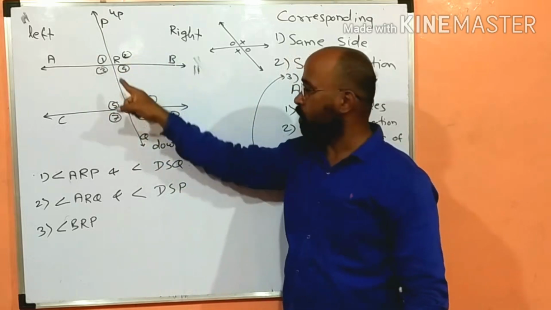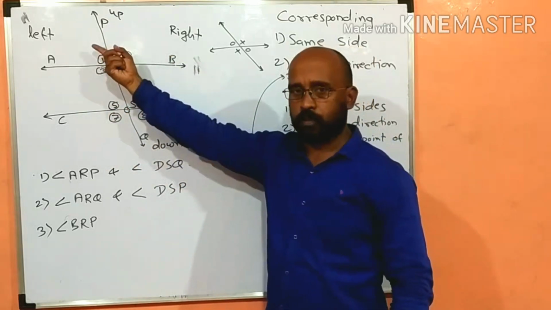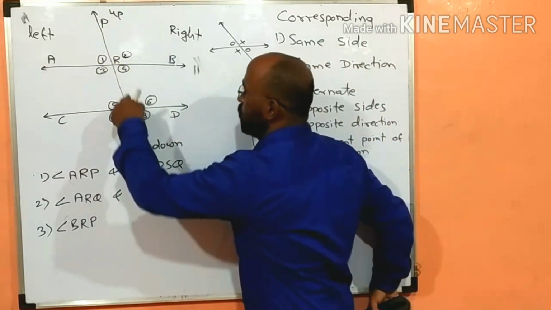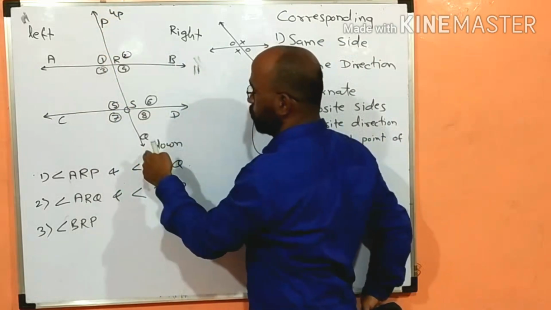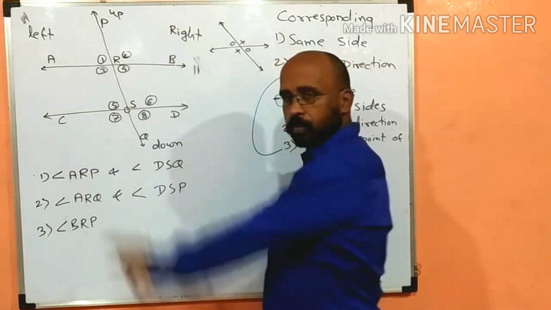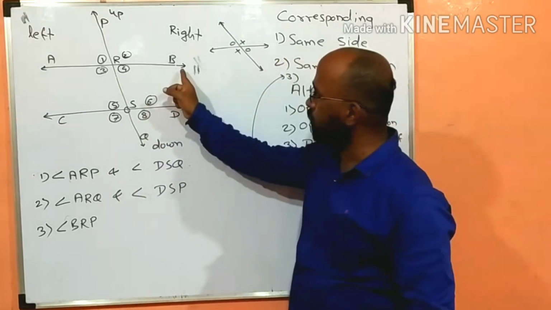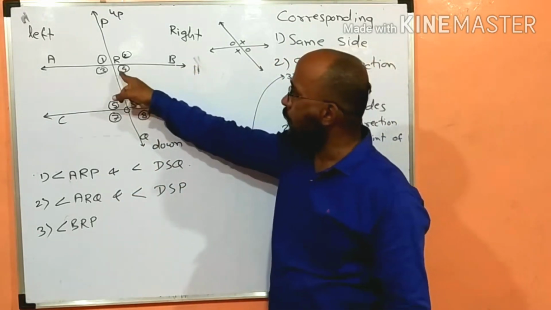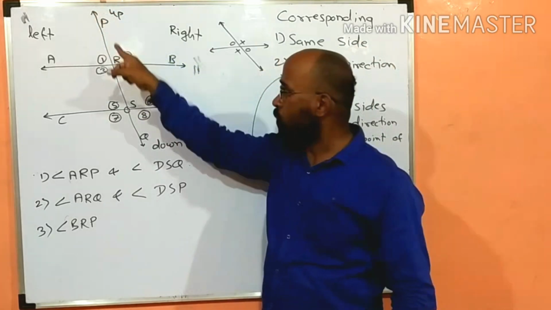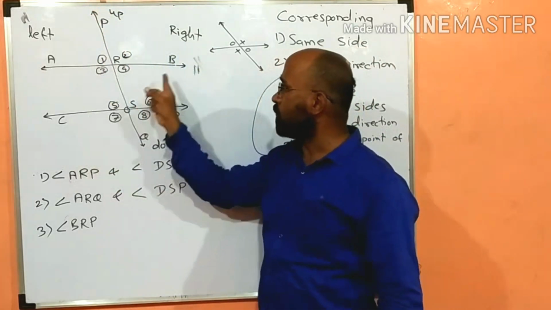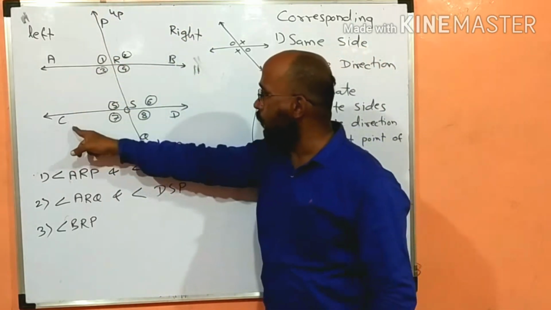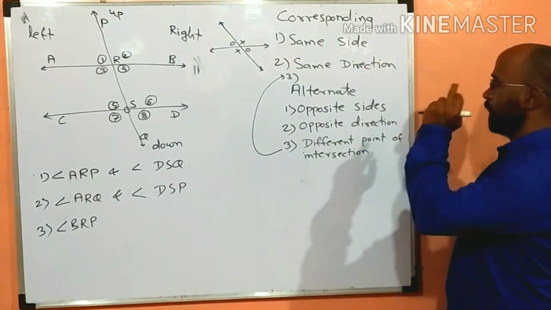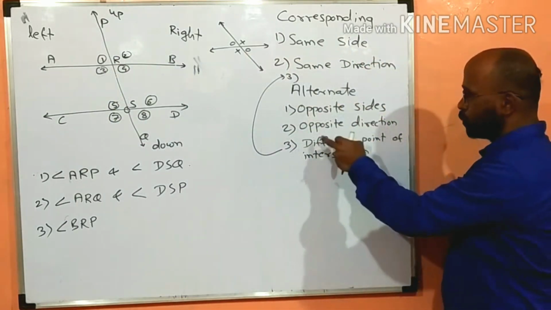What is the direction of CSP on transversal? Which arm is part of transversal of angle CSP? In case of angle CSP, SP is part of transversal, which is going towards up. Clear? And in case of BRP, RP is part of transversal, which is going towards up. So both are having same directions on transversal. BRP and CSP both are having same direction, so they are not alternate angle, because in the case of alternate angle, the angle should have opposite direction.